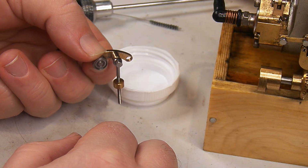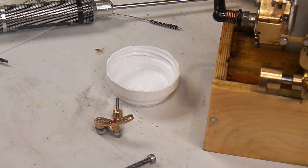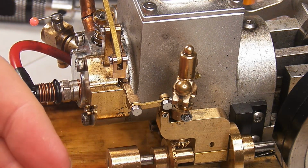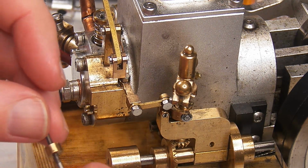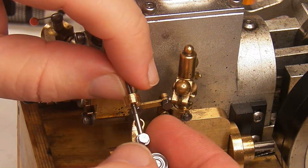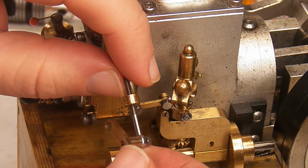Alright, so that's still free, and the Loctite is in place, so we're just going to let that sit like that until the Loctite sets and put it back on the engine. Okay, so the Loctite from the back side has had a chance to set, which means I've got this arm. I need to screw it back into here, and I counted 8 turns, but we'll see what we get here. 1, 2, that was 3,